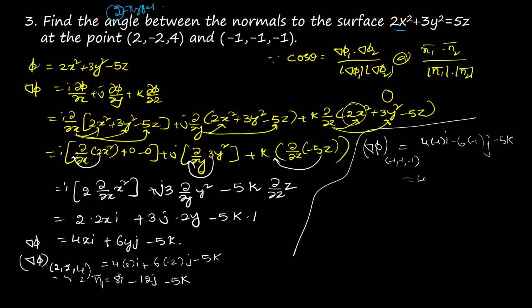Here minus 4i plus 6j minus 5k. So writing the cos theta. Cos theta is equal to del phi 1, del phi 1 here 8i, next minus